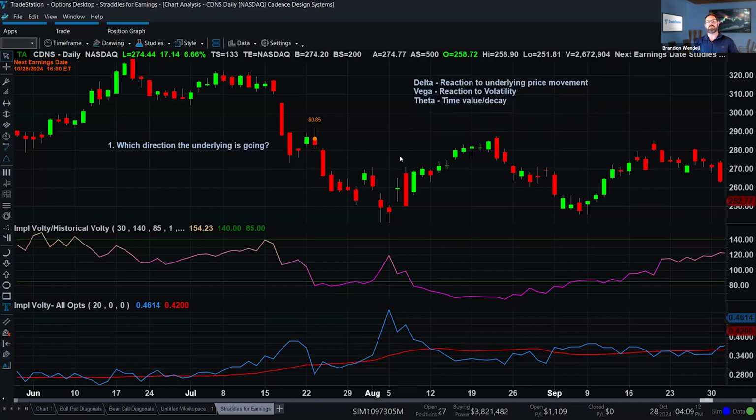So the nice thing is with options, we have multi-directions or multi-dimensions, if you will. We can trade the directional movement of a security. We can trade the volatility changes without the directional influence, and we can play time. Now, there are two other Greeks, and we'll get into those a little bit more as we go through the programs here. But number one, which direction is the underlying going? Okay, number two,